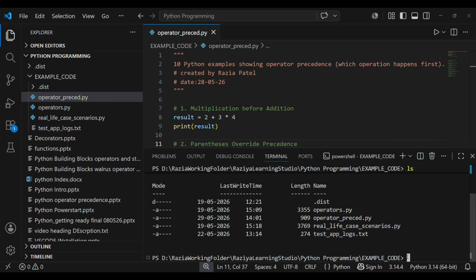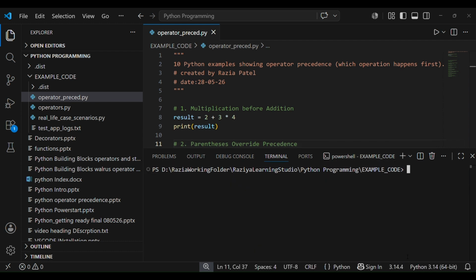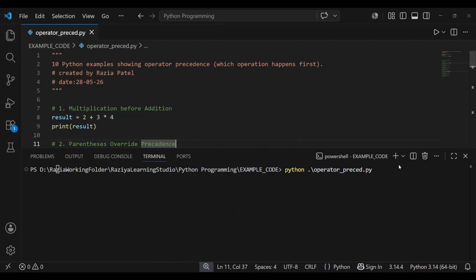Then cls, so that I can view better. Here I will write python and the file name, operator, and again I pressed tab, so it completed the file name. I don't have to do a lot of hard work here. Once I press enter, that's it, the answer is 14.